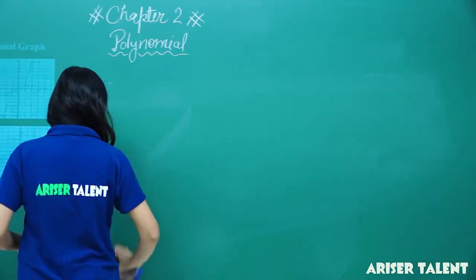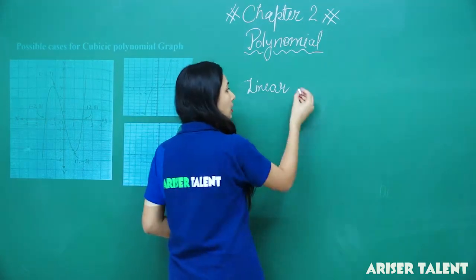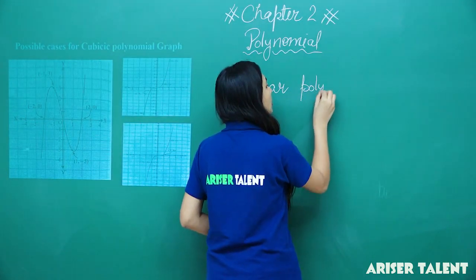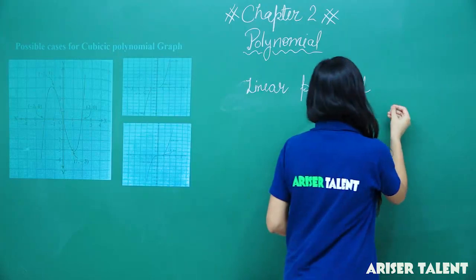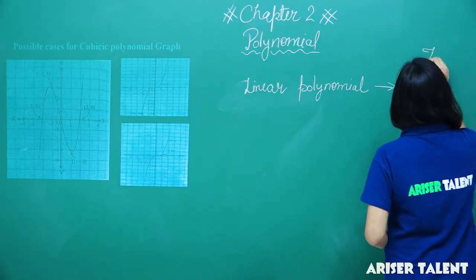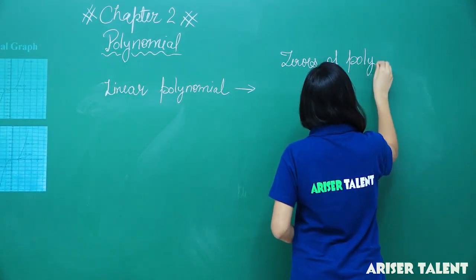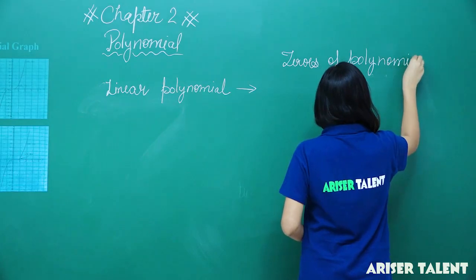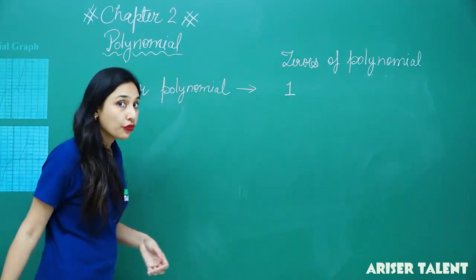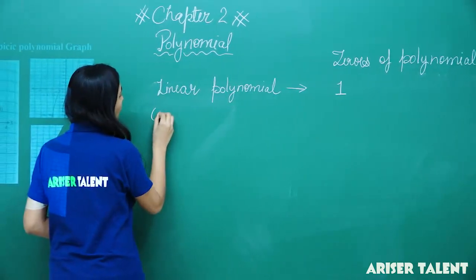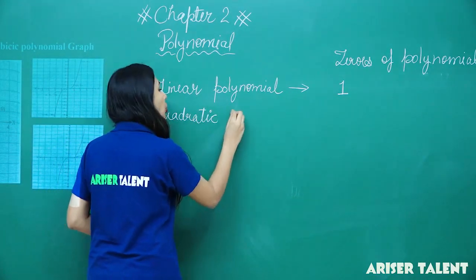So we can conclude that for a linear polynomial, zeros of polynomial may be 1. For a quadratic polynomial,